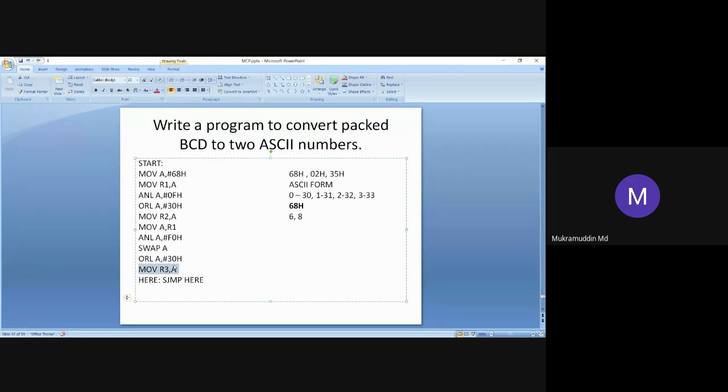So the first ASCII number is there in R2 and the second ASCII number is there in R3. The first ASCII number is 38, it is there in R2. And the second ASCII number is 36, it is there in R3.